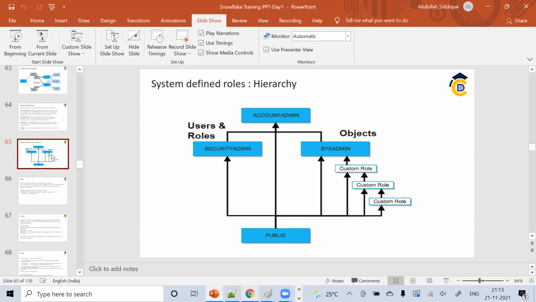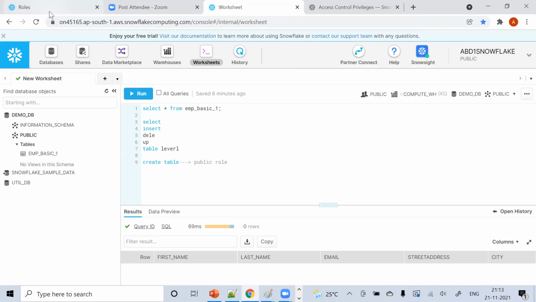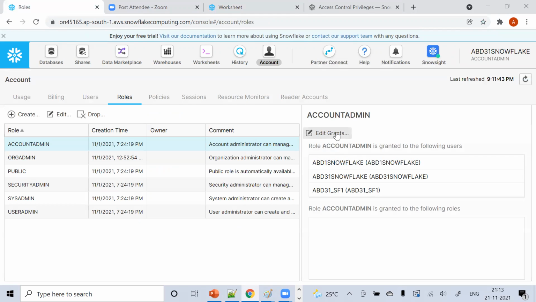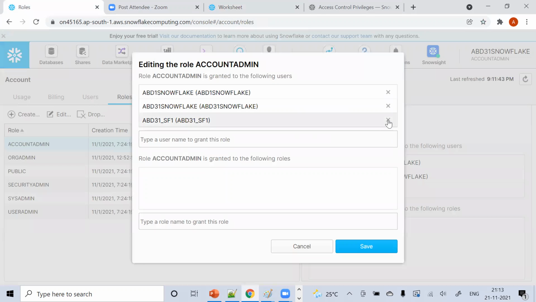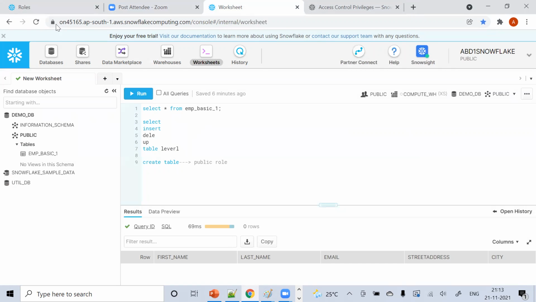So you should be very careful giving it to a specific team of people, right? Otherwise, you can see the risks involved here, right? So similarly you can revoke also. You can go and remove this user, save. It doesn't have the privilege anymore. And if I go here and if I refresh it,